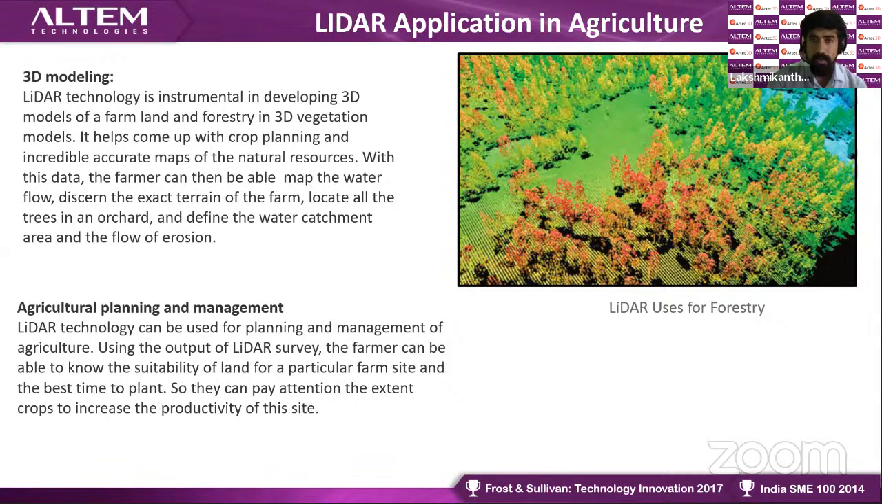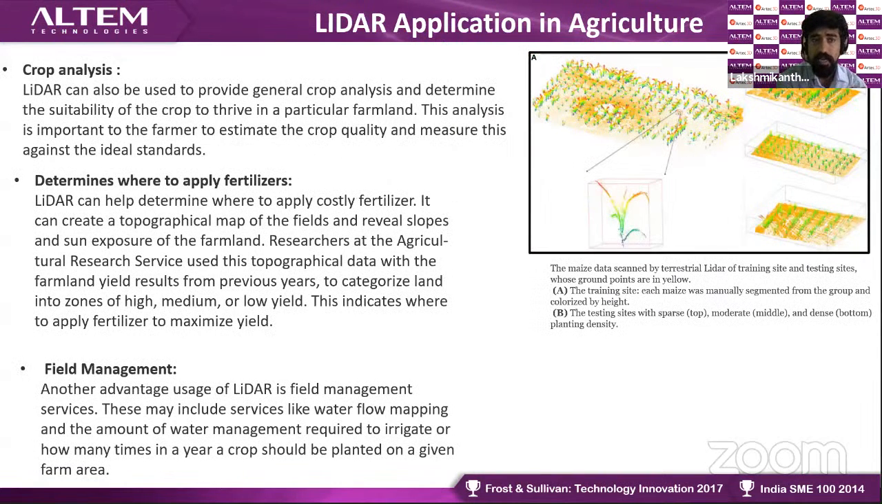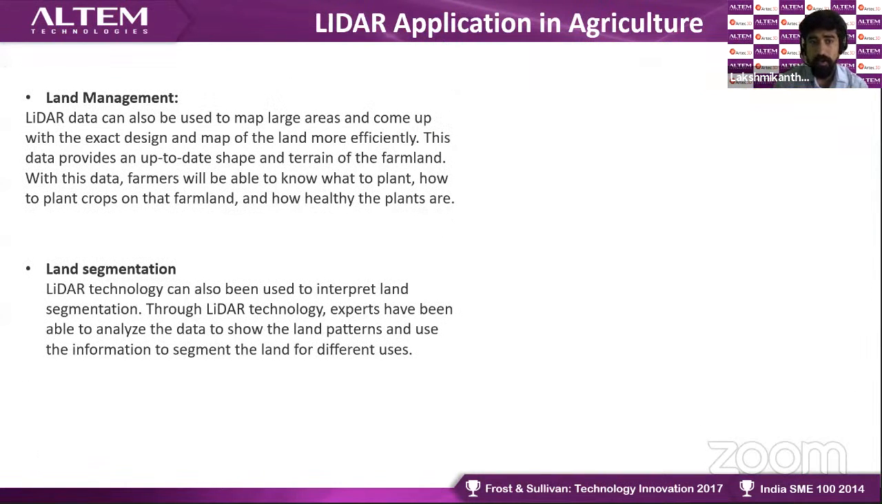Okay, one more thing, similarly the land management. That means in order to get the design and the map more efficiently, and also to get the terrain details of the land. Similarly, the land segmentation. Now India is a land where the land segmentation is too high, because as it moves on from generation to generation, the lands are getting divided, so that we can't guess the application